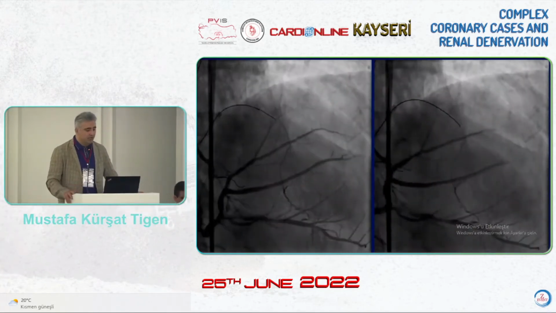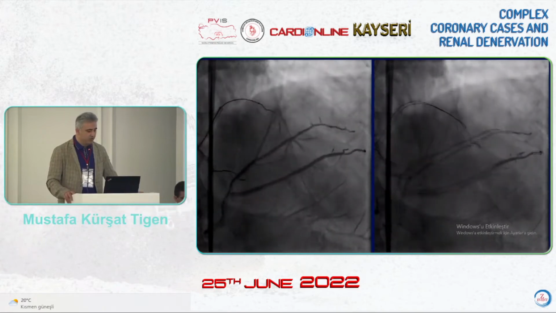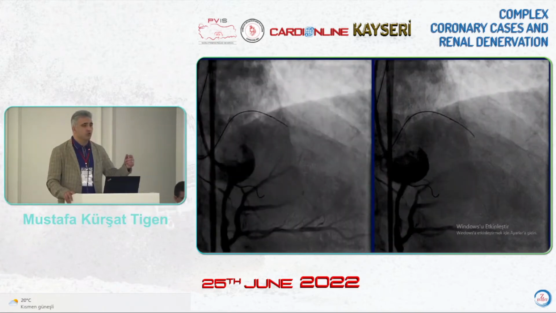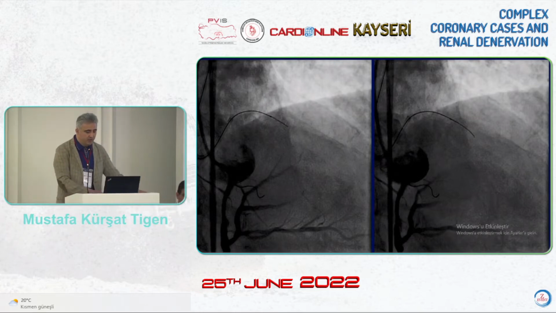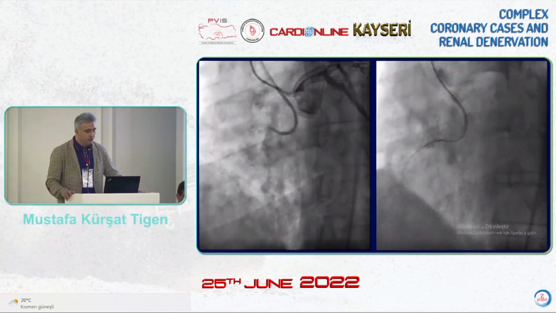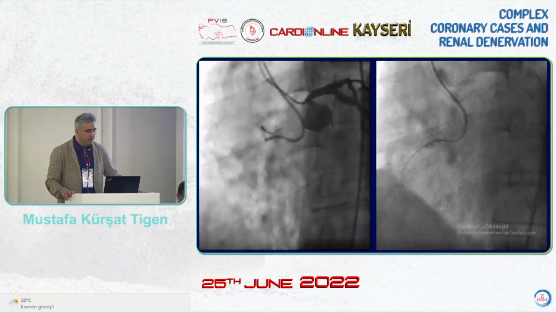Another CTO, short segment, our wire is Gaia here. Look at the manipulation within the lumen if possible. Gently we stay within the lumen, and with a torquer, certain angles are kept, and the true lumen is tried to be kept. Another case,